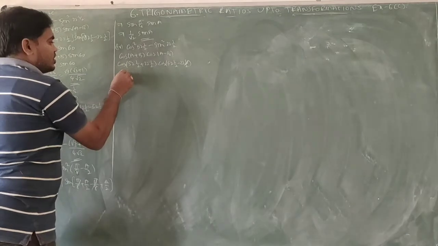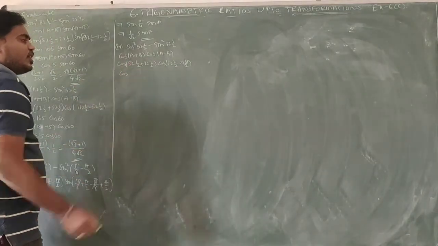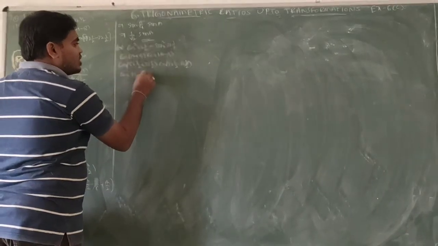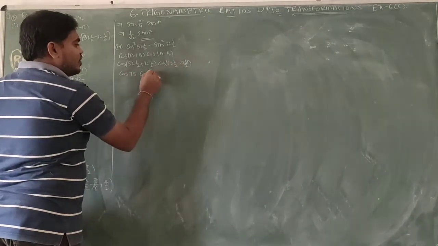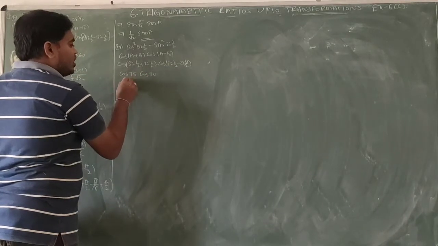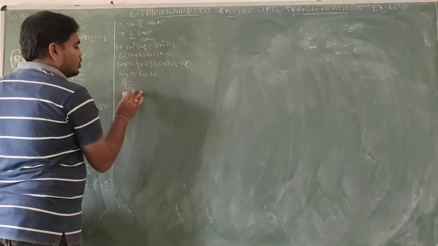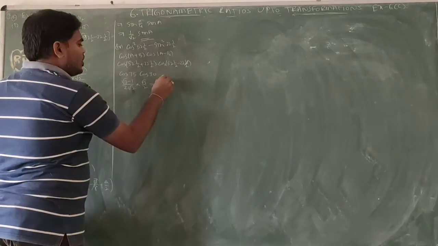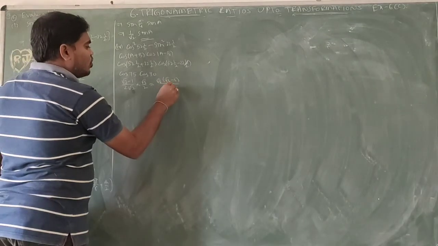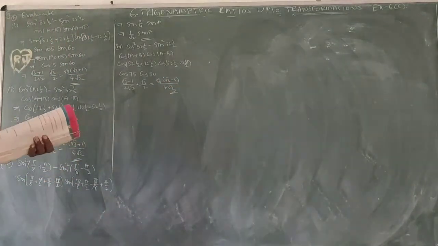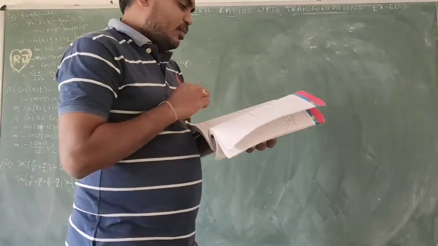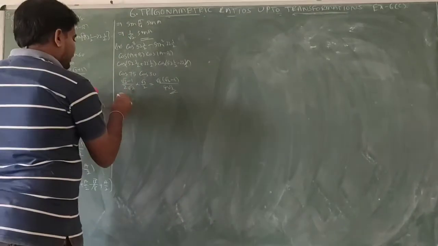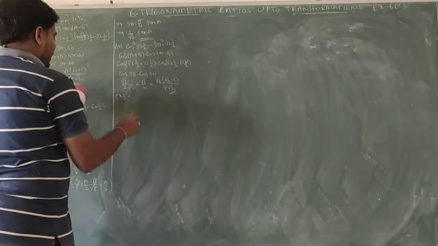So cos of 52 plus 22, 74, half plus half 1, 74 plus 1, 75. Half cancels in the second term, 52 minus 22 is 30. Cos 75 is root 3 minus 1 by 2 root 2. Cos 30 is root 3 by 2. So root 3 into root 3 minus 1 by 4 root 2. So this is the result. The same kind of question is in example number 3, the exercise before.